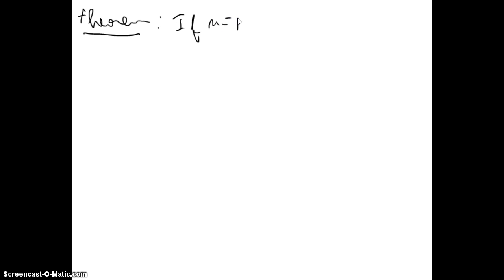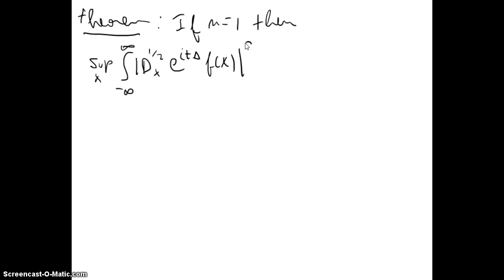If n is equal to 1, then we have that the supremum over x of ‖D_x^{1/2} e^{itΔ} f(x)‖² dt is less than or equal to c‖f‖₂², and if